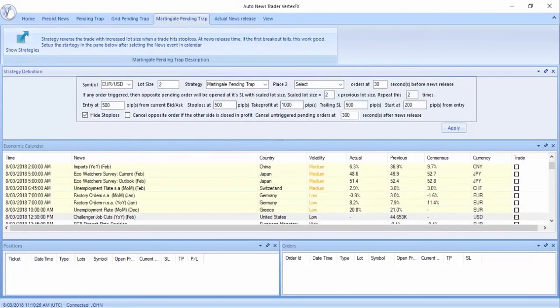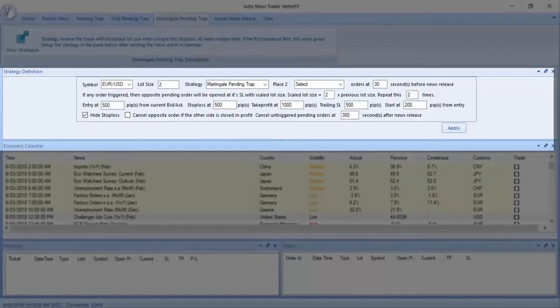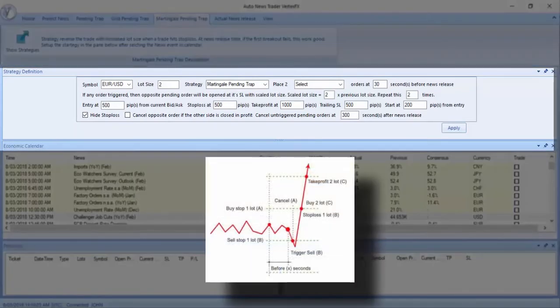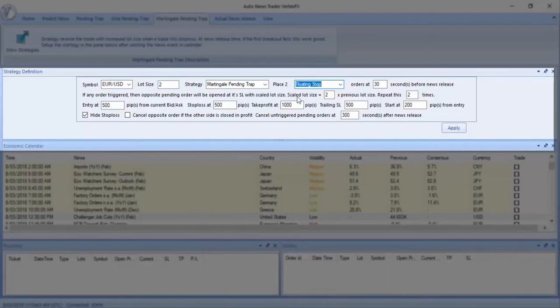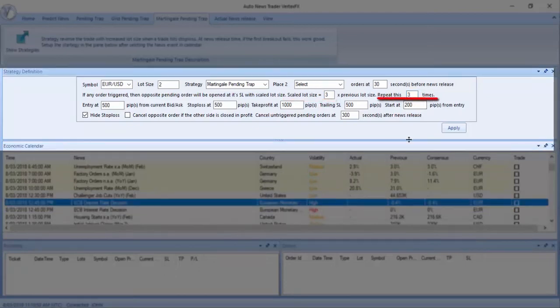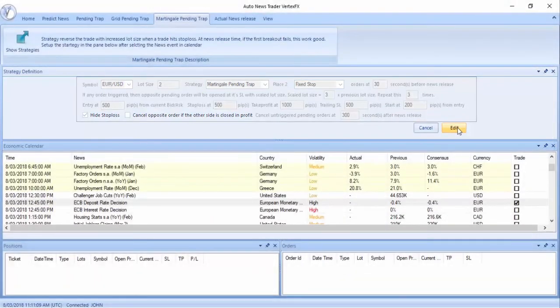Martingale pending trap. Also known as the never lose again strategy, Martingale uses lot size increases to cover previous losses, if any. It's a great strategy when combining it with the news and when the price makes a big move. The new items you need to know in this panel are scaled lot size and repeat this X times. Scaled lot size is the lot size multiplication factor after a losing trade. Repeat this X times sets the number of times this process of opening trades when the stop loss is hit with